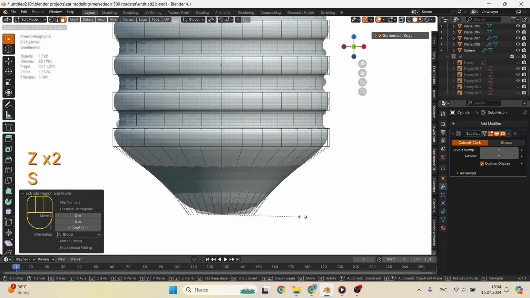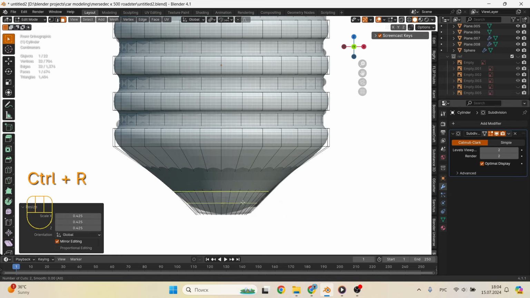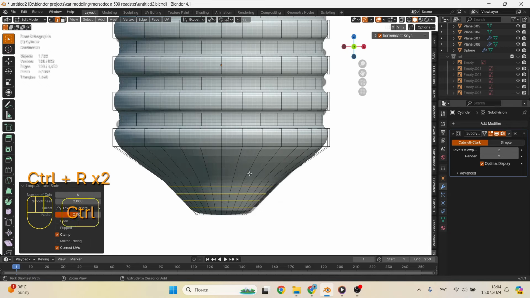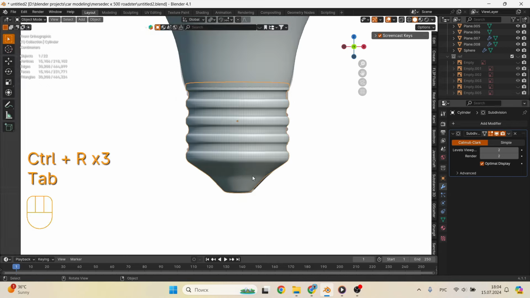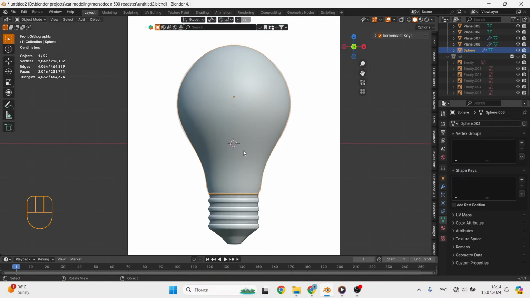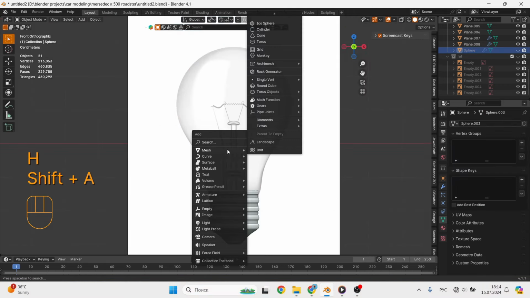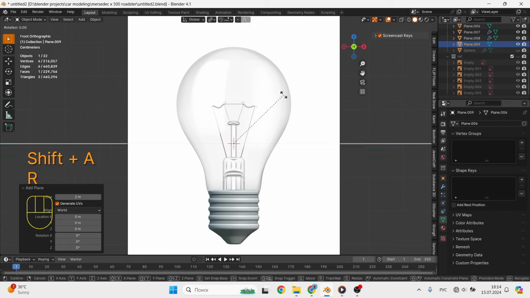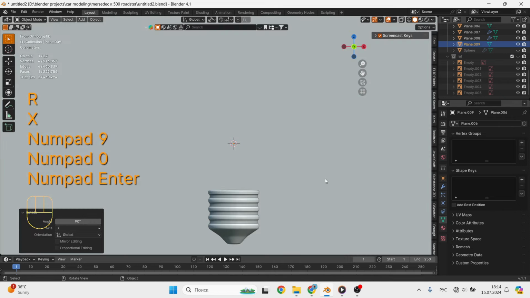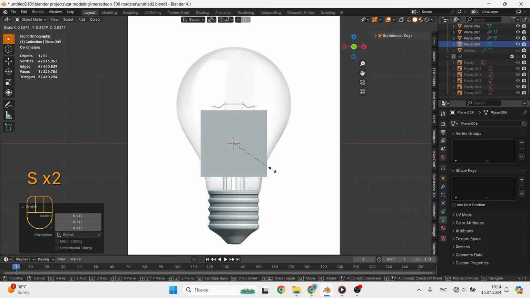Adjust the size, everything was clear, and finish the lower part in accordance with the example. And so we made the outer part. Now we need to make an element, the one that glows. It's a little more complicated here. Add a plane, reduce it, expand and delete the bottom edge.